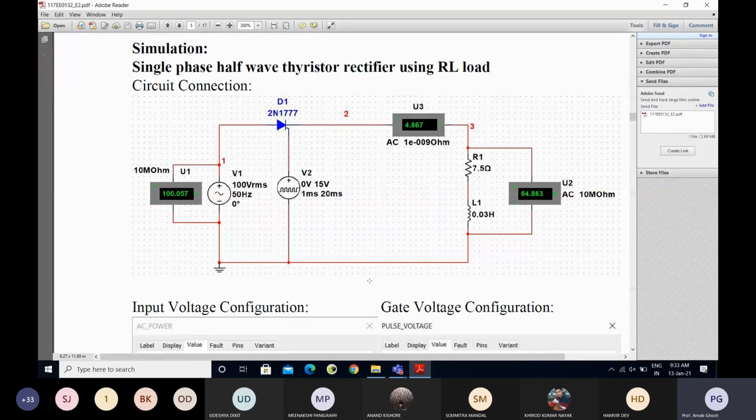Then in the discussion section, simulation results and discussion. Are you clear? Yes, sir. Those modifications are required.